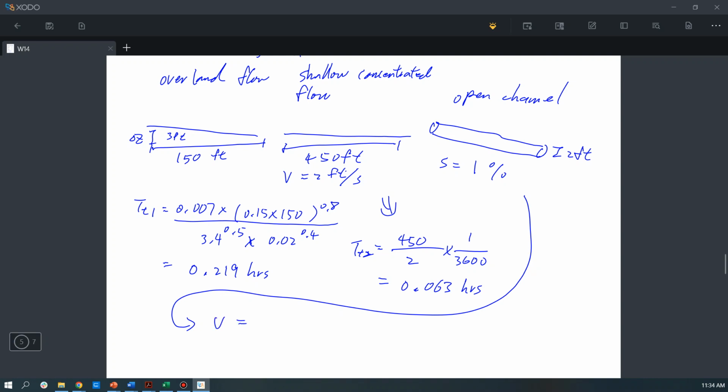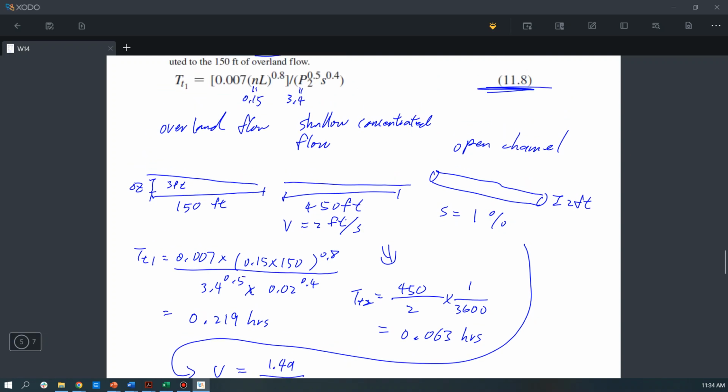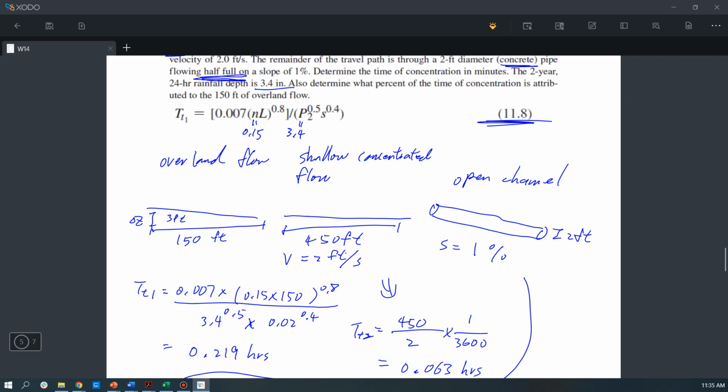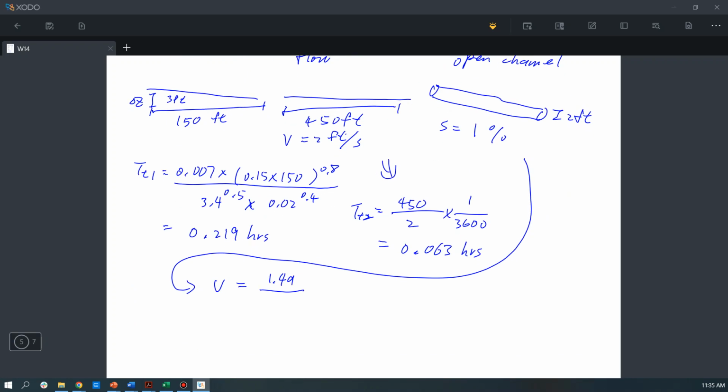We use the main equation for the English unit, which is 1.49 divided by the main coefficient, and this is a concrete pipe. So the n value is 0.013 times the hydraulic radius,